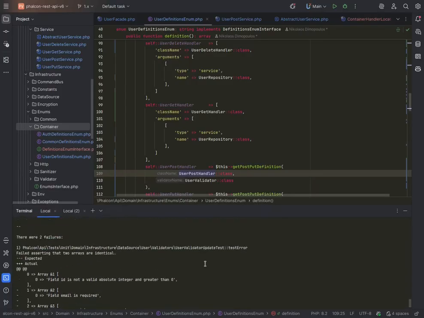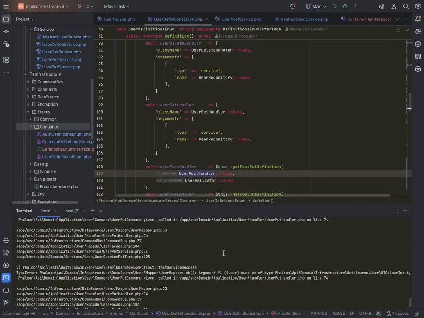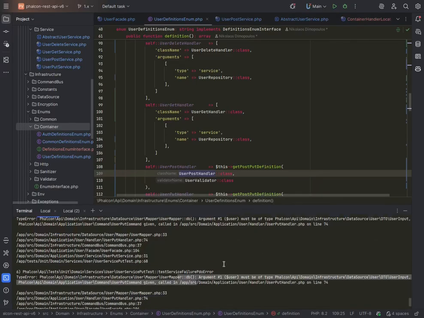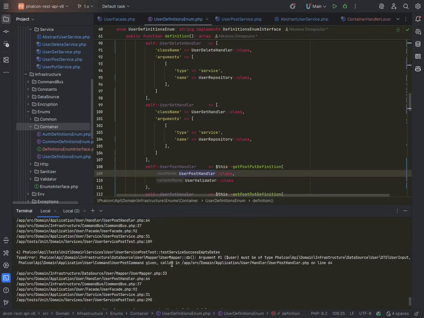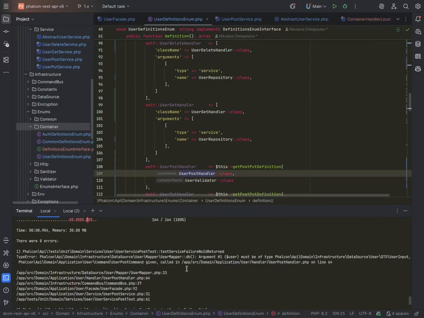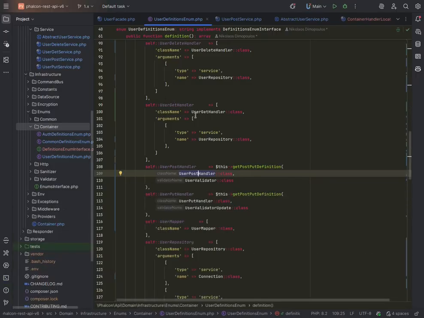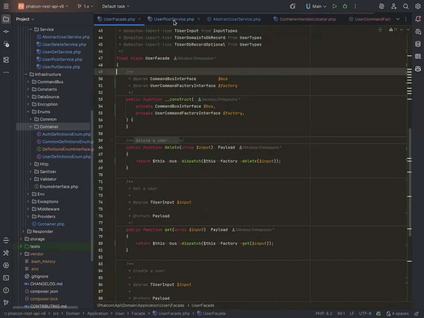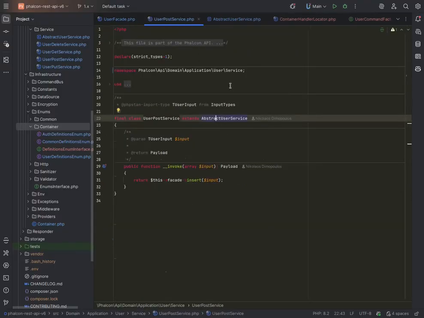Okay, 8. Not bad at all. This DB, I know what it is. We're gonna fix it in a little bit. DB again, DB again, DB again. Excellent. Alright. So all of our definitions are correct. They're pointing to the respective classes. And now this DB that it's complaining about, it's the translation that we have